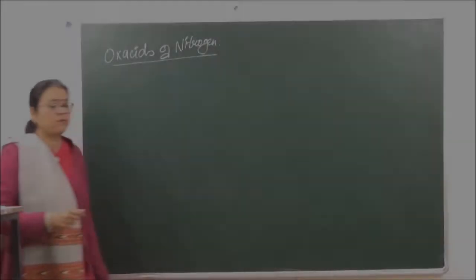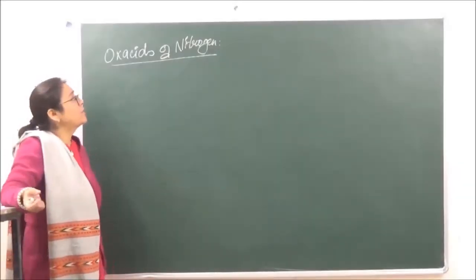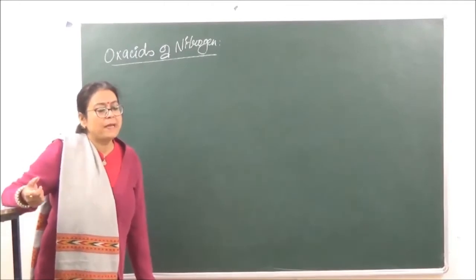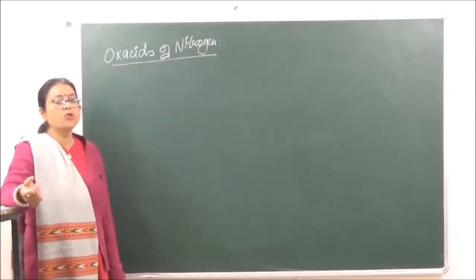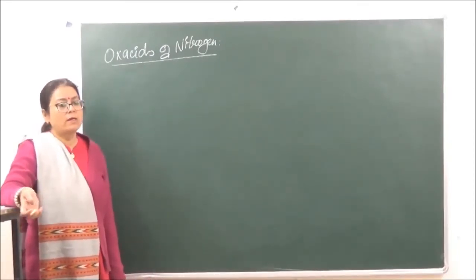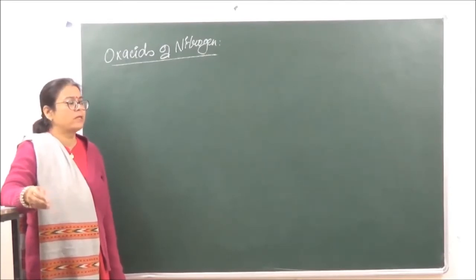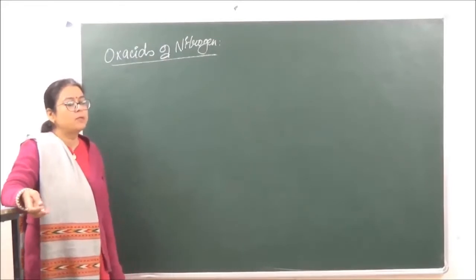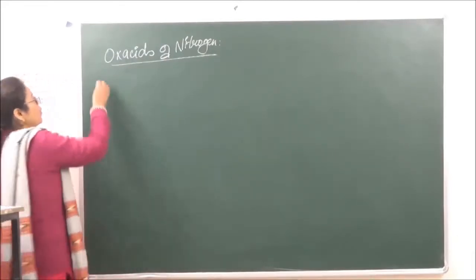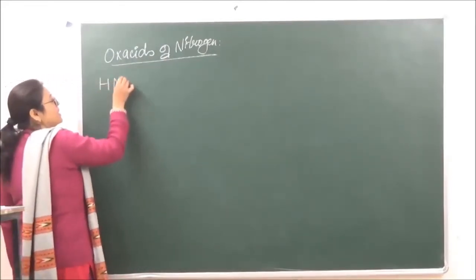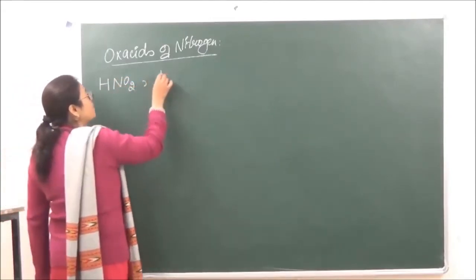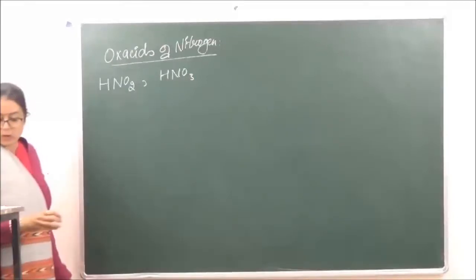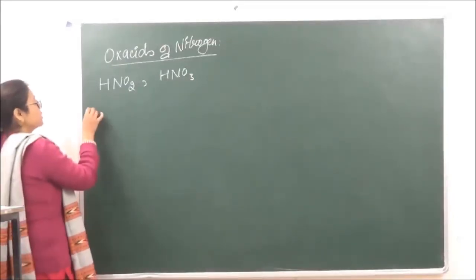The next topic of group 15, what we are going to start today, is the oxoacids of nitrogen. Nitrogen forms many oxoacids, such as hyponitrous acid and peroxonitrous acid, but the most common are only two: nitrous acid, HNO2, and nitric acid, HNO3, right? So let's go on to the first acid, HNO2,